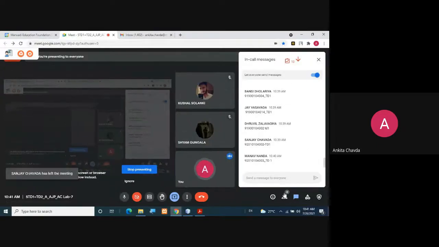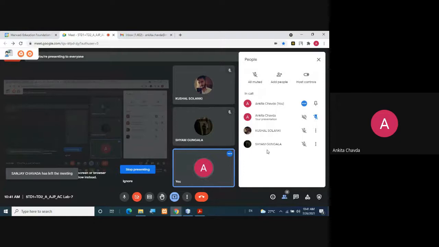You guys, please write down your enrollment numbers quickly if you haven't written them yet. Shyam, Kushal, please write your numbers and you may leave the meet.